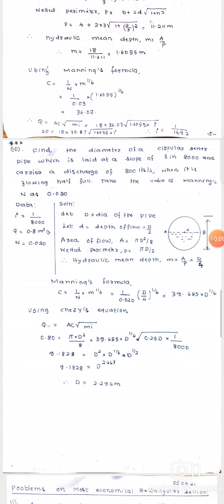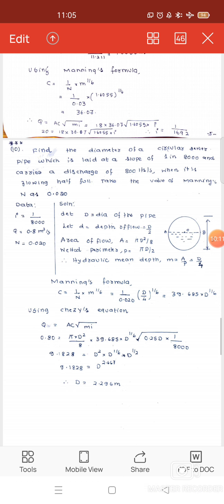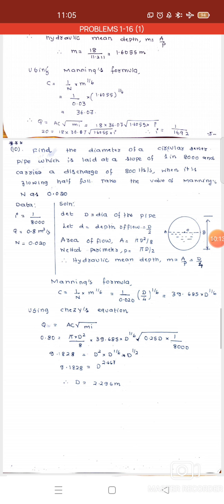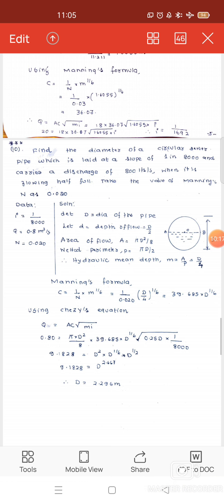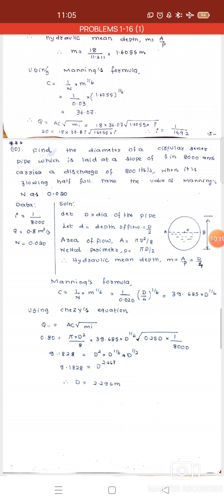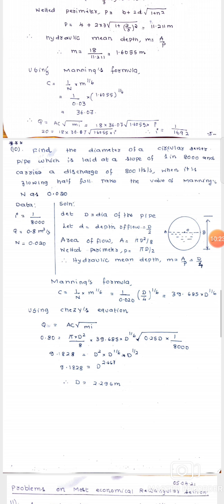Take the value of Manning's constant as 0.020. Remember it now. So we are discussing an open channel flow, and they are asking us to find the diameter of a circular sewer. Remember, a sewer is nothing but a pipe which is carrying sewage. Sewage is nothing but waste water. So find the diameter of a circular sewer, that is a wastewater pipe, which is laid at a slope of 1